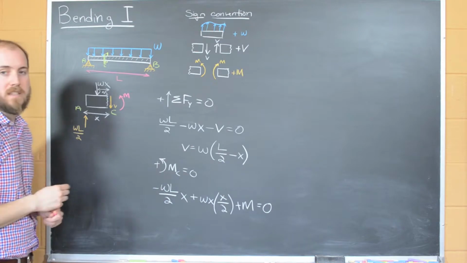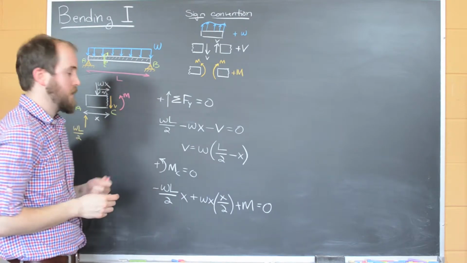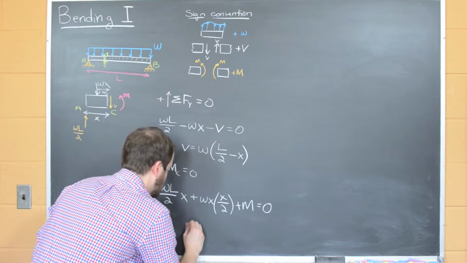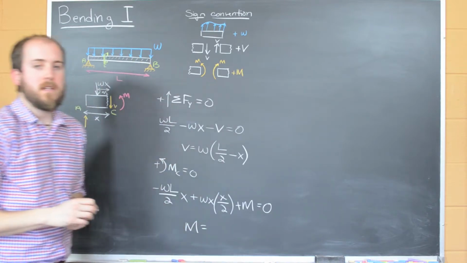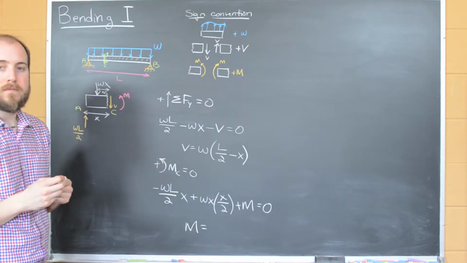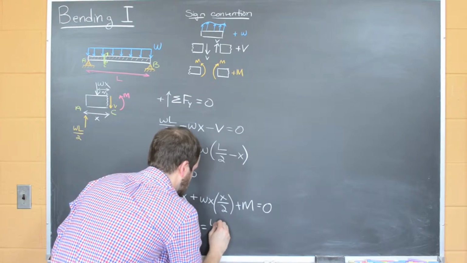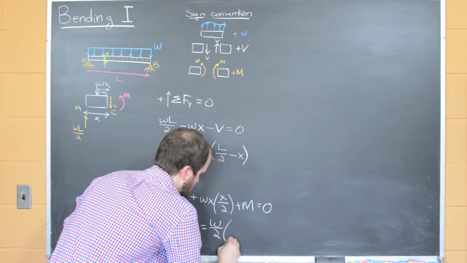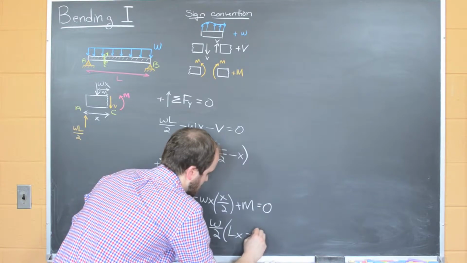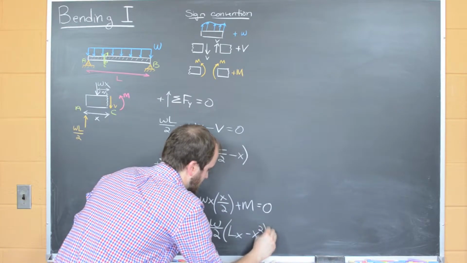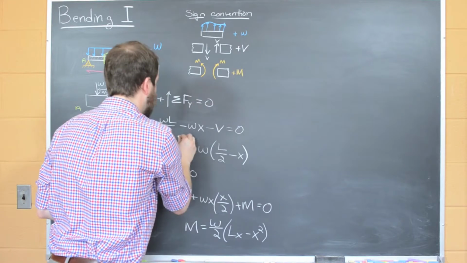And so now we can easily solve for our moment as a function of x, which is going to be M equals w over 2 times (Lx minus x squared). So we can immediately